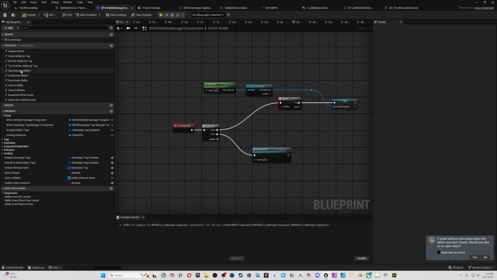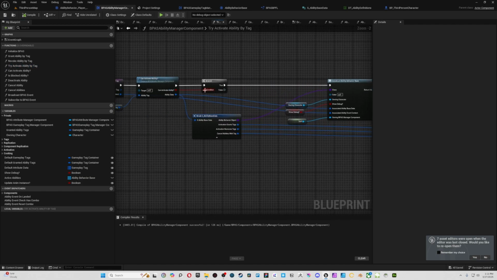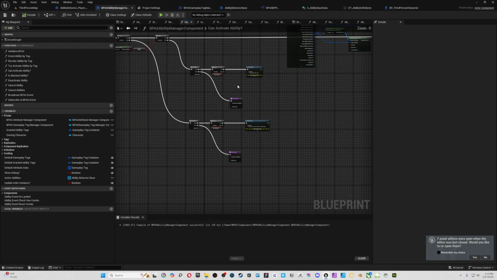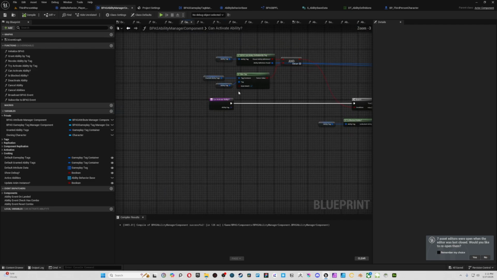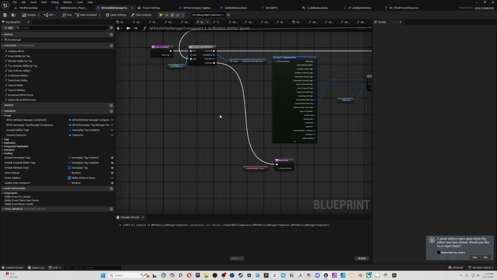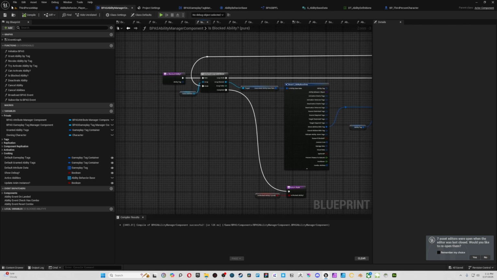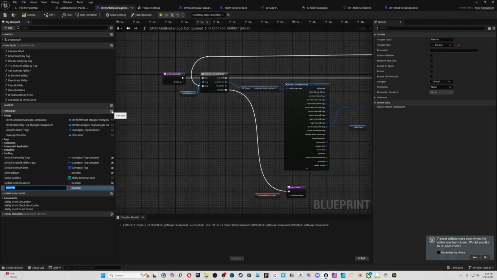So let's see. When we try to activate an ability, are we seeing if it's blocked anywhere? Yeah, we have to be seeing it in here, huh? Let's find out, is blocked ability. So if the ability is blocked, let's actually create a map for blocked abilities. No, we'll say blocked ability tag,